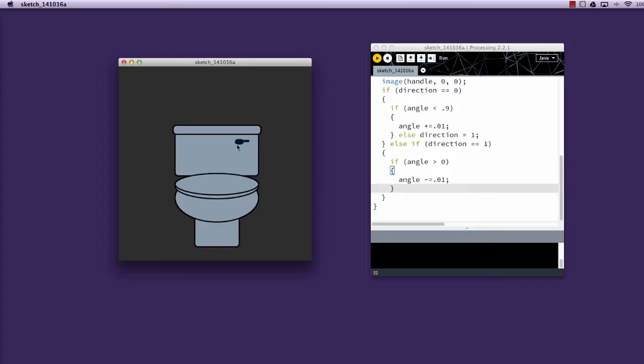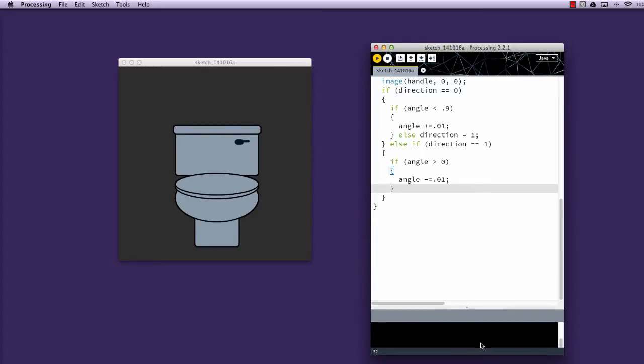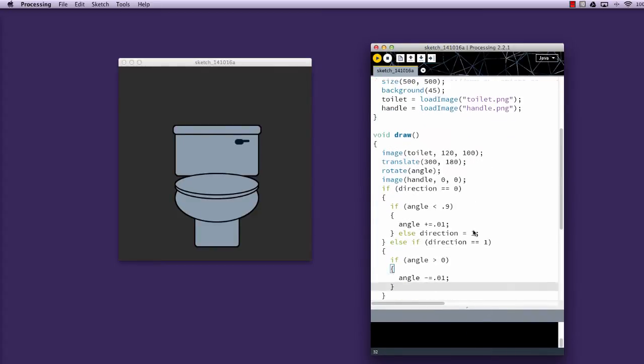So let's take a look at what we've got so far and what we need to change to get it to where we want it to be. Our goals here are to work with the rotate, which we're doing now. We're going to take it to an external function because functions are one of the focuses for this week. And then we're going to add sound because it's fun.